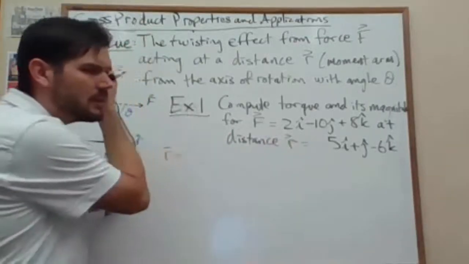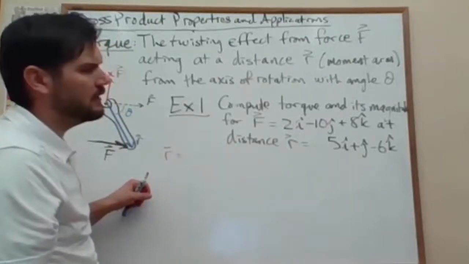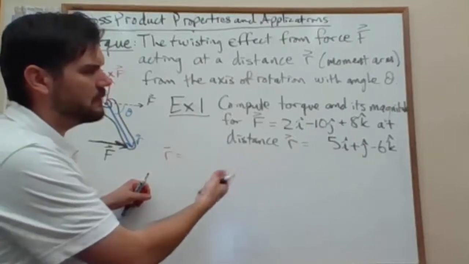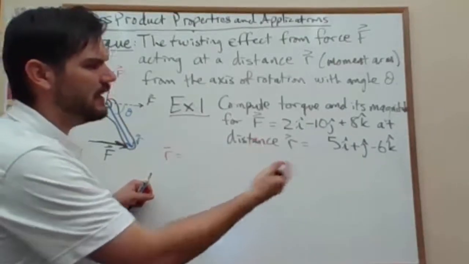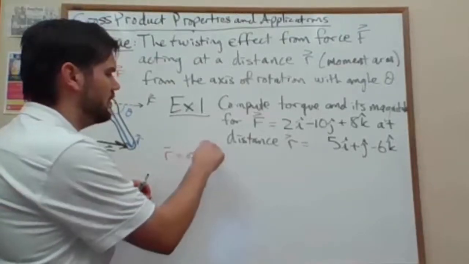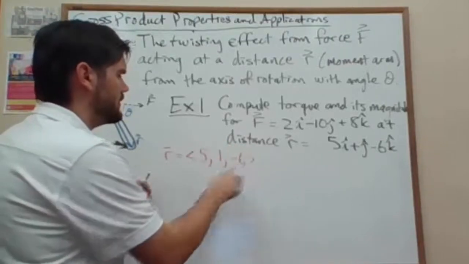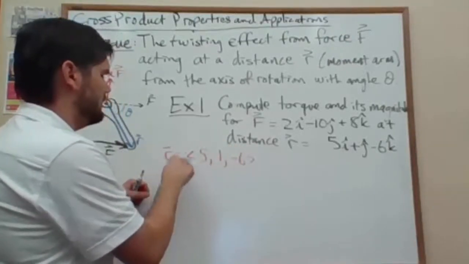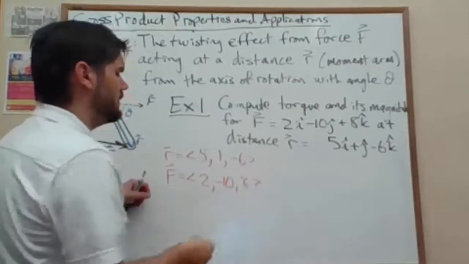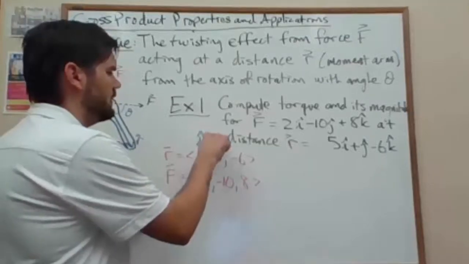Now I can use the basis form very similar to how I used the shorthand form, but you have a lot of i, j, and k's that get in the way. So I'm going to write it in that shorthand form again. 5, 1, negative 6, 2, negative 10, and 8. And then throw a little ijk up on top